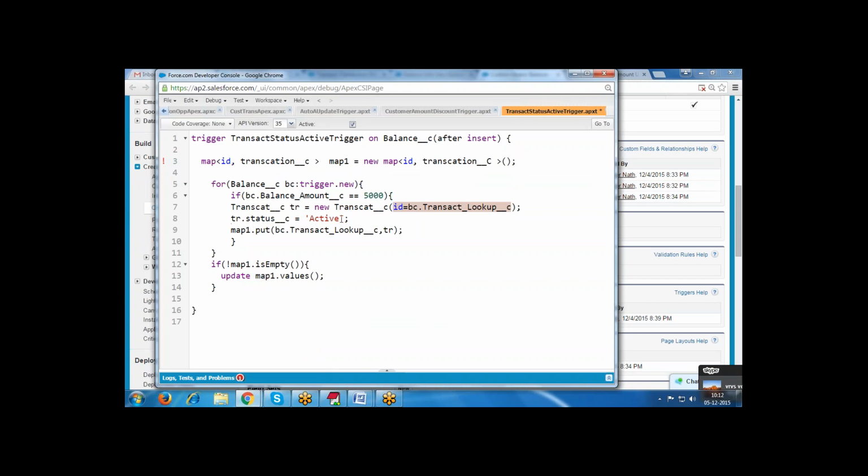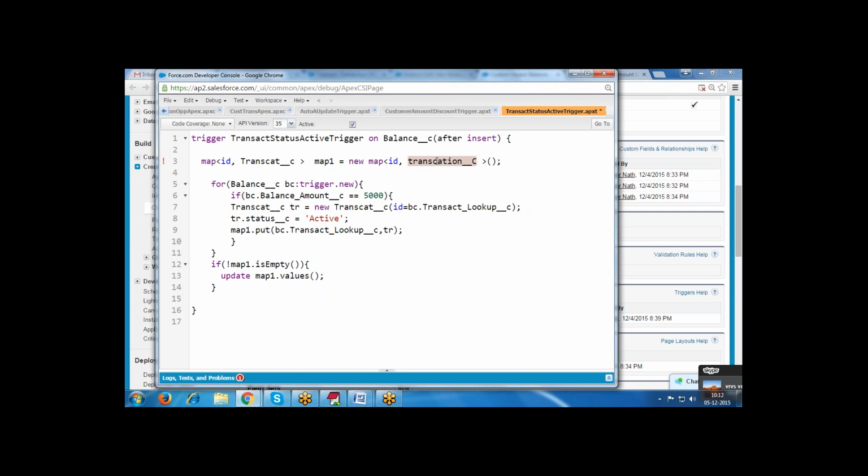Tr.status equal to active. Now map1.put of bc.transact lookup field, that is the id type, and for this id we are using the transaction object. The object name is transaction type.